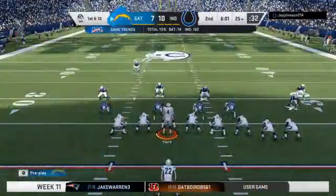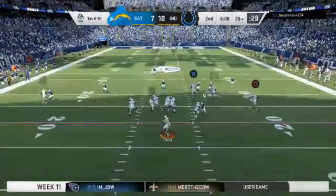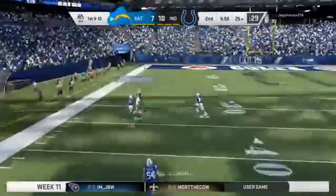The Charger drive about to get going. And for them, a touchdown their last go-around. Obviously, they'll be hoping to do that again. And when you start plotting for this drive, and you start thinking to yourself, okay, what are we going to do? You don't go away from what...